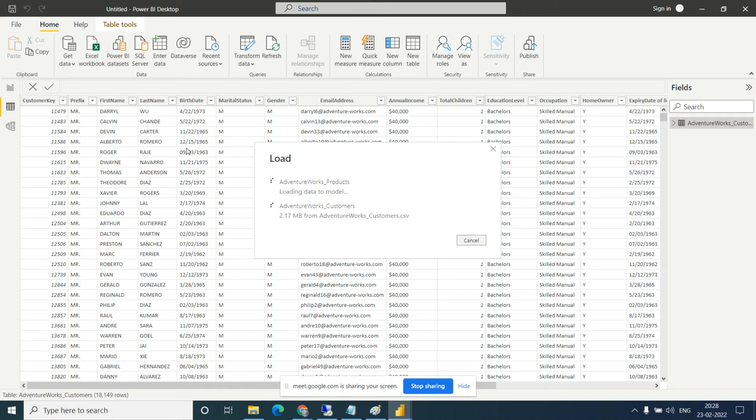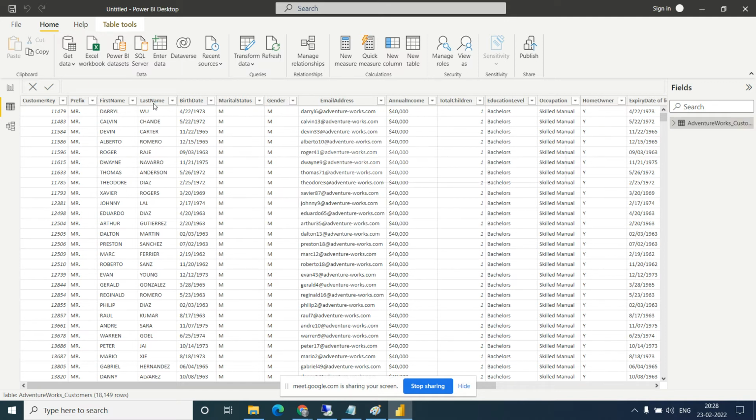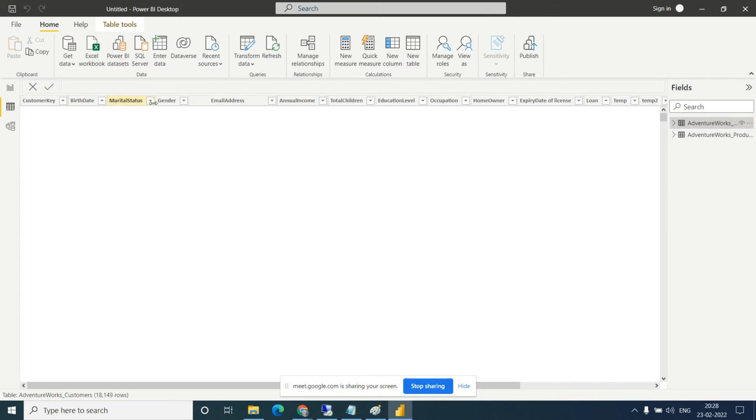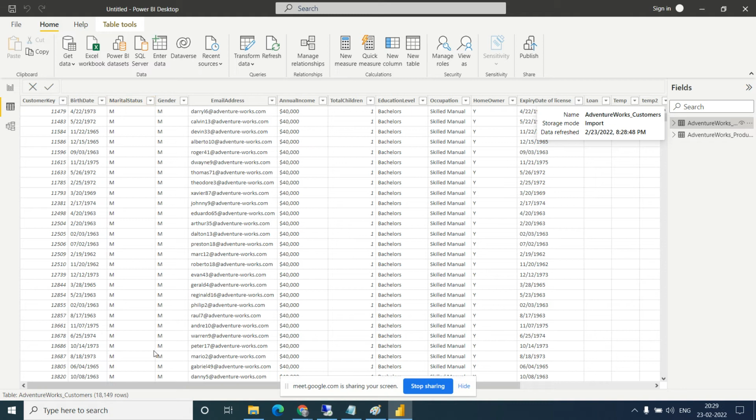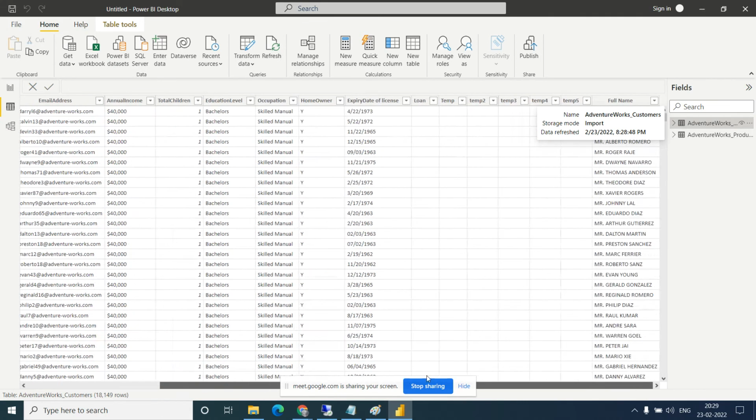You will not see the first name and last name now. You will see the full name here once the data loads. So you got the full name here. This is how we need to perform the transformation in the data query.